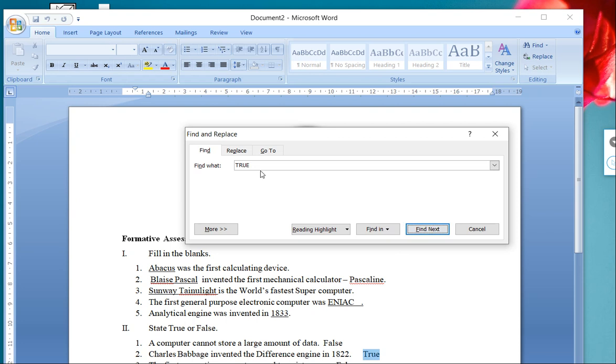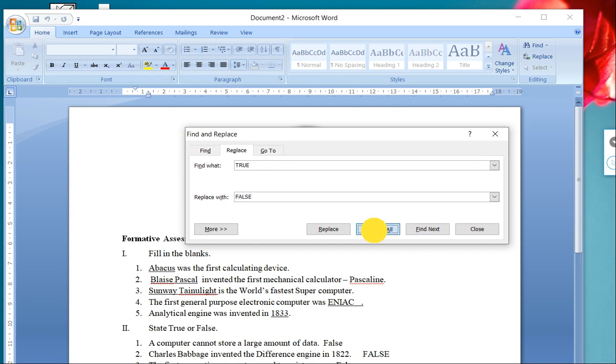Now if I want to replace the same, I'll go to the Replace option in the same Editing group, or in the same menu. Then here I'll write "true" and I'll replace the word true with "false". Let us replace that. If I say Replace, only the current one will get replaced. You can see here.